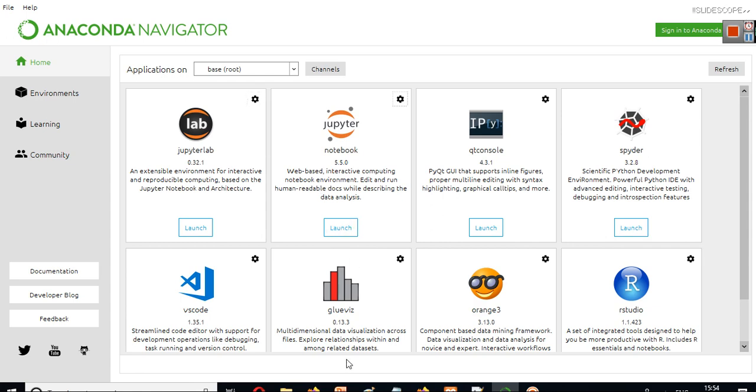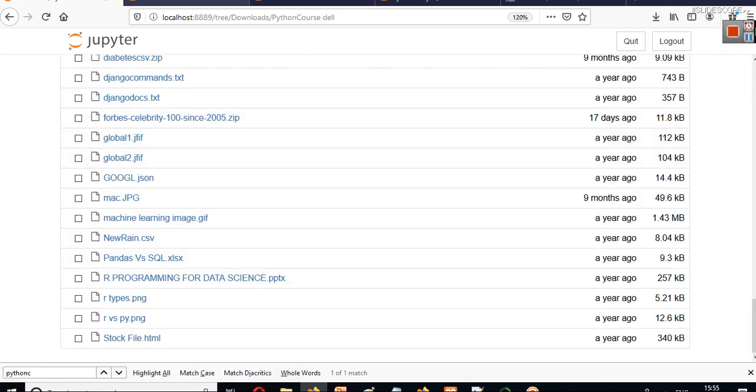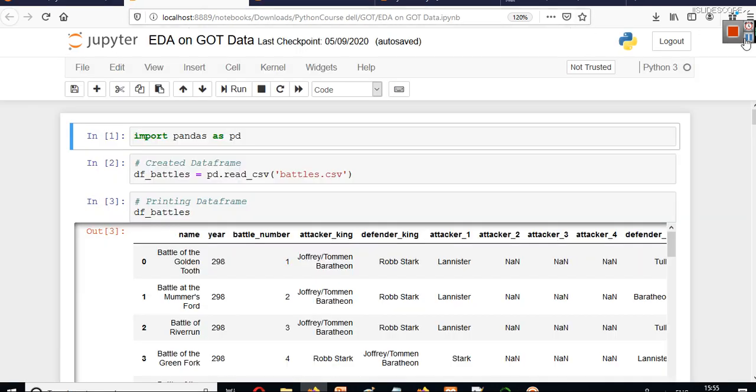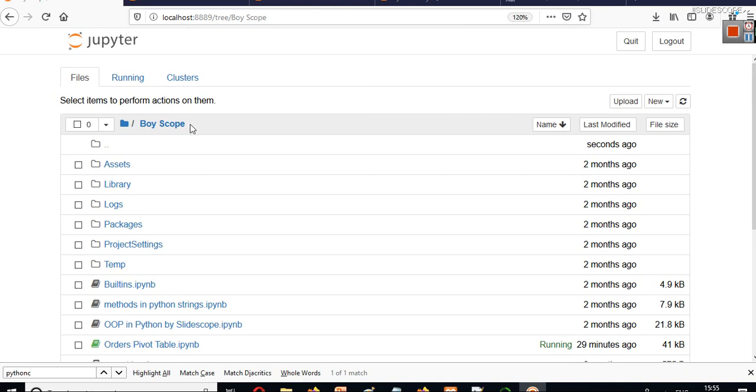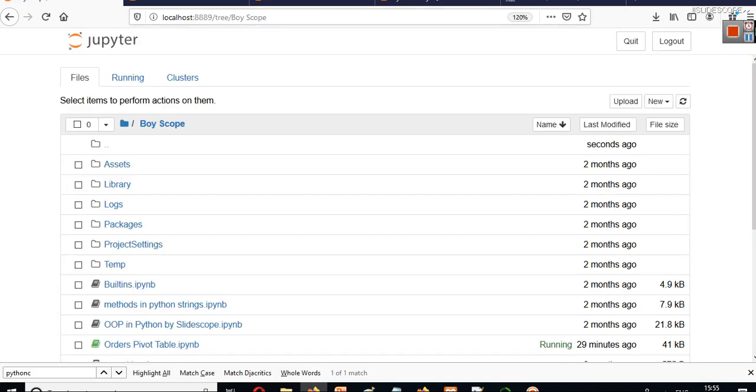When you launch your Jupyter Notebook, it will open like this, and then you can choose any particular folder. We are choosing this voice scope folder. This Jupyter Notebook runs on localhost, and similarly your phpMyAdmin also runs on localhost.